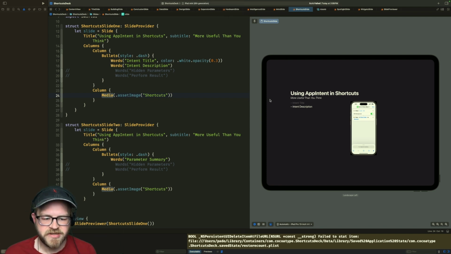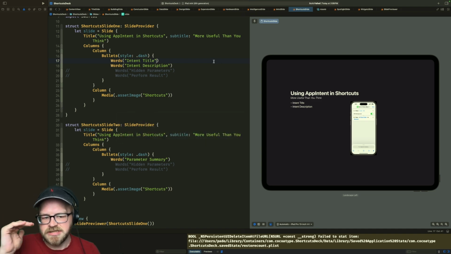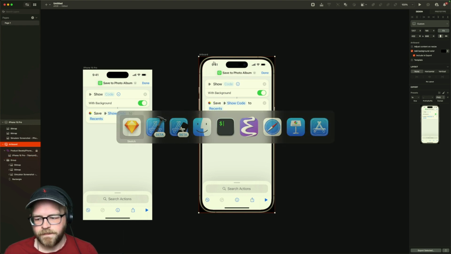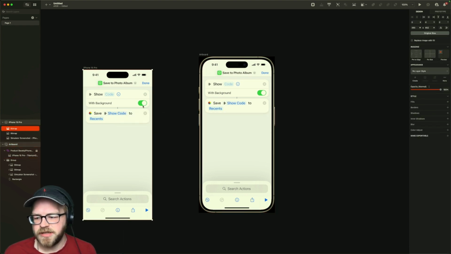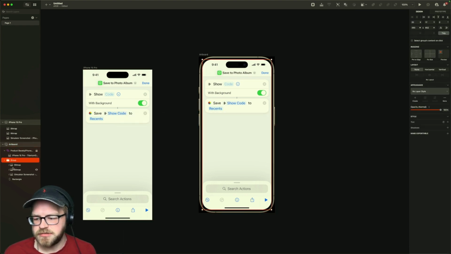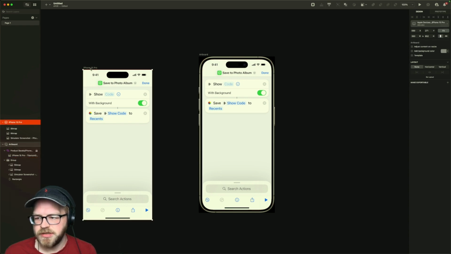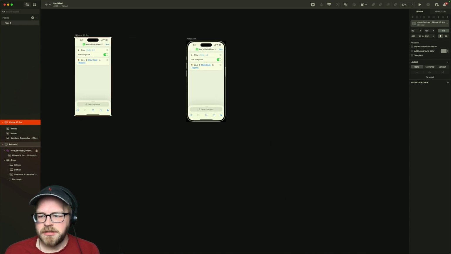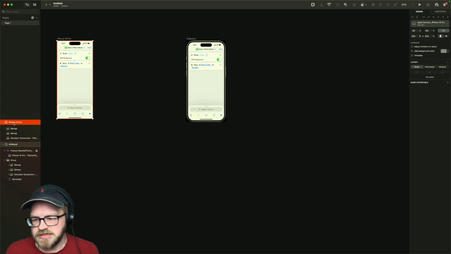Okay, cool. So I can fade this out this way, just to demonstrate what is and what is not currently on screen. So we have our intent title and our intent description. That's our first page. See, this is where I should make this just a shortcut or a symbol. So we're gonna duplicate this. We're gonna have a whole bunch of different ones. That's fine.